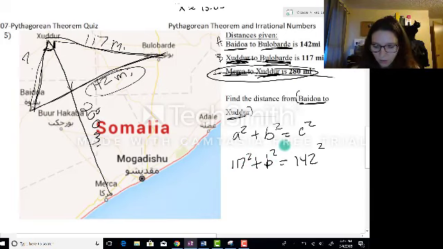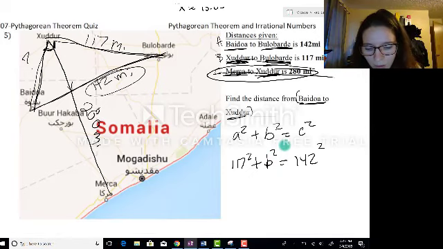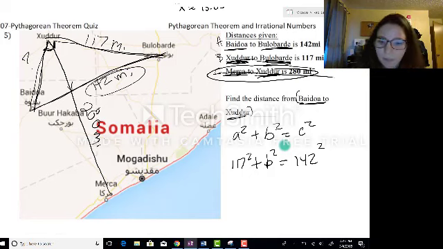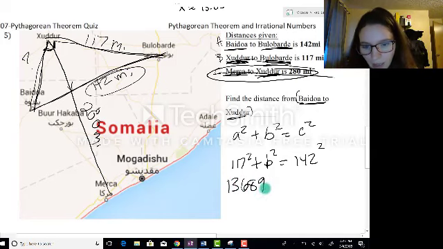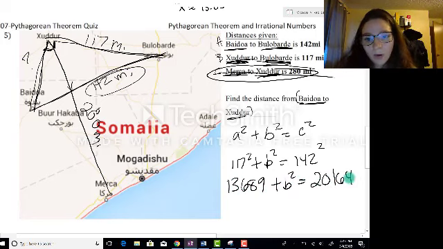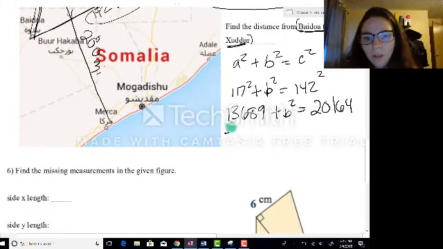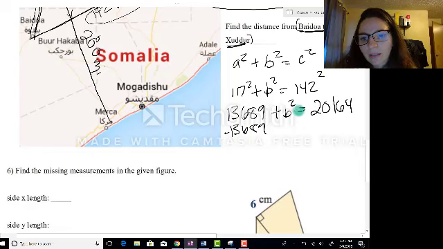And all in all, this gives me 117 squared gives me 13,689. So 13,689 plus b squared equals 20,164. Here, subtract 13,689 from